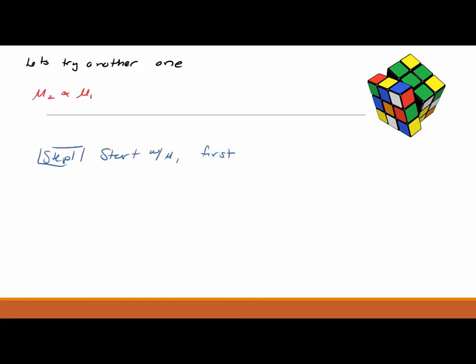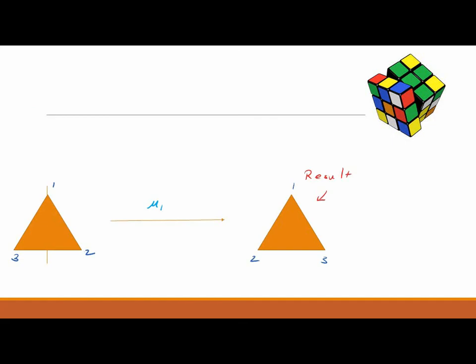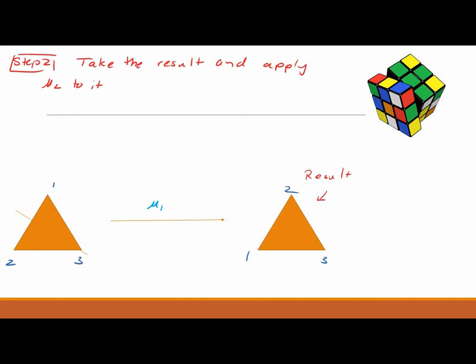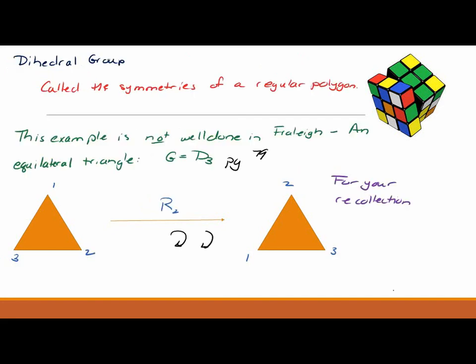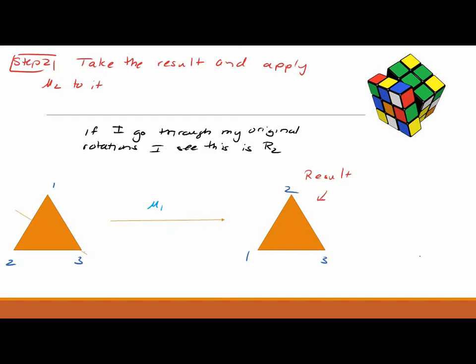Let's try another one. Let's take mu2 star mu1. So how do I do this? Well, I start with mu1 first. This is mu1. If I take my original triangle and I apply mu1 to it, I get that thing as a result. Now I take that result and I apply mu2 to that result. If I go through my original rotations, I'm going to see that my result, if I applied mu2, like if I flip over here, if I flip these two, I'm doing the walking thing. If I flip through these 2 things right here, I get this thing right here,